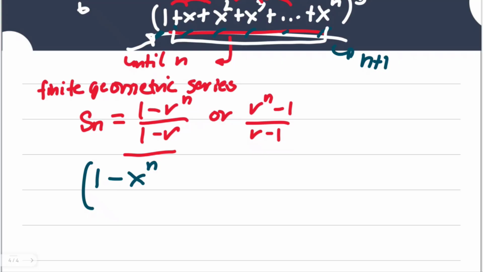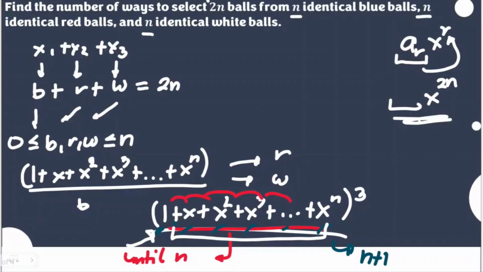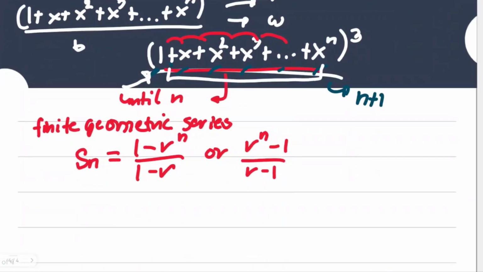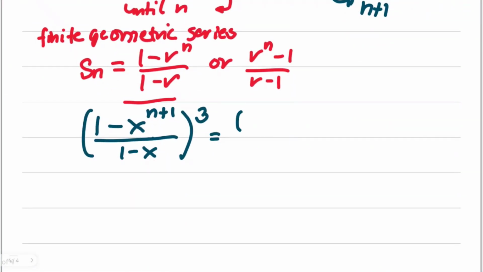So that's n plus 1 terms, not just n, but n plus 1 selection. So n plus 1 over 1 minus x, and this is actually raised to 3. Now let's try to simplify this, and let's find out if we could actually come up with x to the power of 2n in the same process. This is actually equal to, by power law, 1 minus x to the power of n plus 1, that's cube,